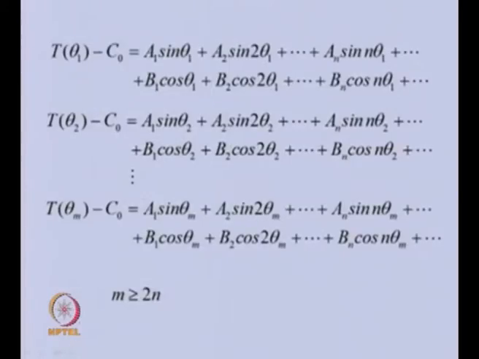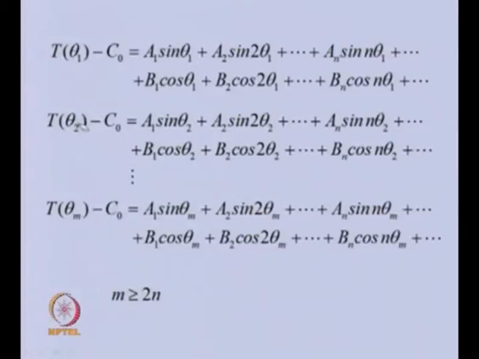So, let us say we are expressing that previous expression for theta 1, because once we know the torque variation, we can get the mean of this. So, I have taken this on the left hand side, and I am expressing these terms. You can see that instead of theta, every place I am writing theta 1 in the first equation, because I am expressing this T at theta 1.